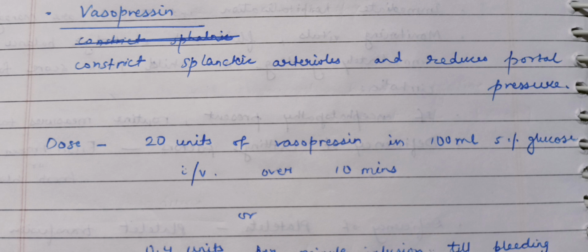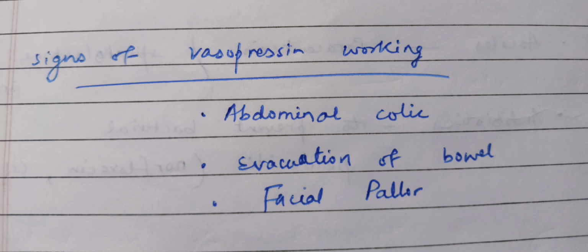Then what can we do next? So we will try to reduce the portal venous pressure, obviously, because that is causing the bleeding varices. So we will give them vasopressin. How is vasopressin given? 20 units of vasopressin is given in 100 ml of 5% glucose, okay, within